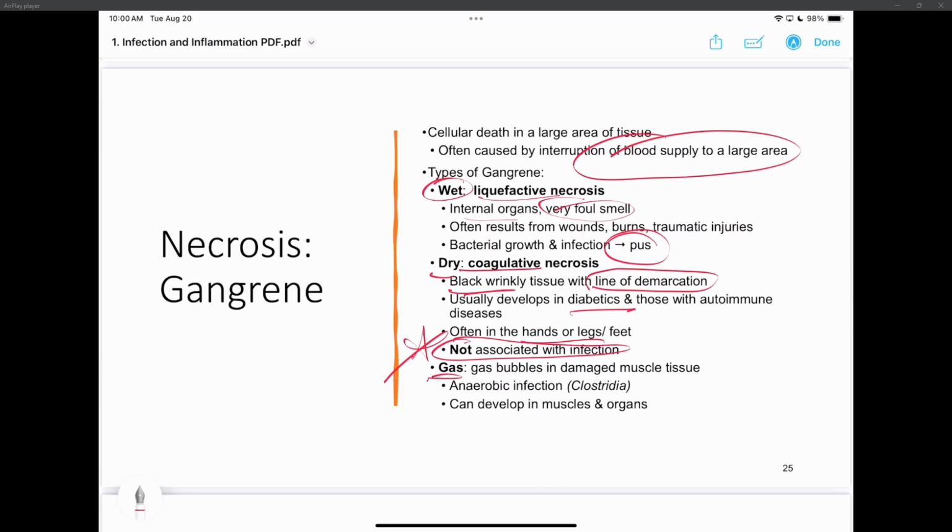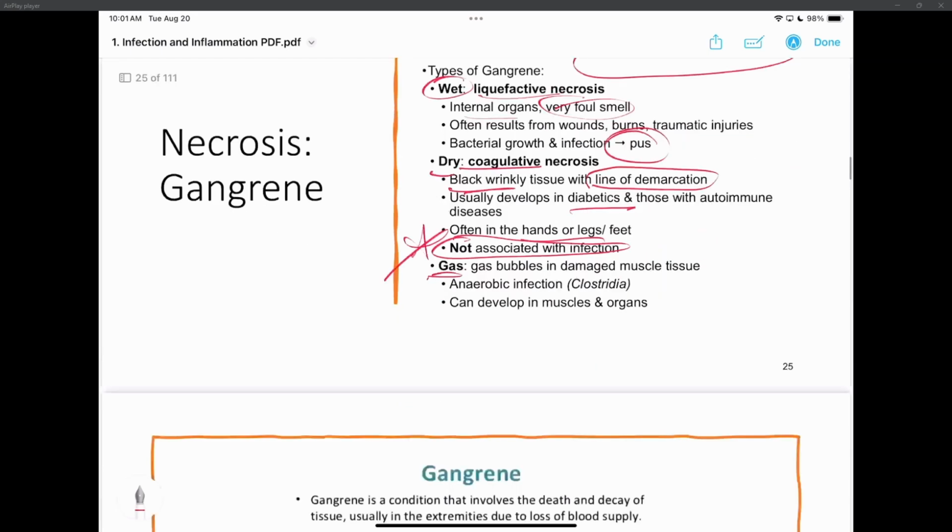What you're looking for when you start pushing on muscles? You want to hear something. You're listening for something: crepitus. What does it sound like? A popping noise. Well, with gas gangrene, you have gas bubbles. When you're feeling for gas gangrene, if you hear bubbles popping, a snapping noise like Rice Krispies when you add milk to it, it could be gas necrosis, because of the gas bubbles and you're popping those bubbles.